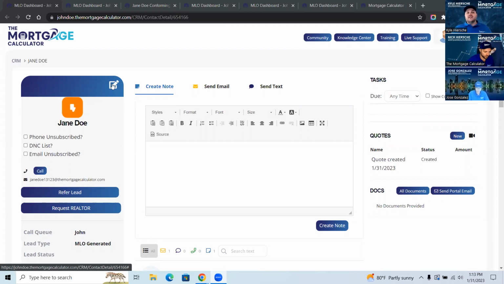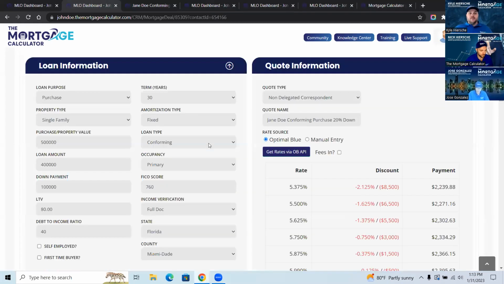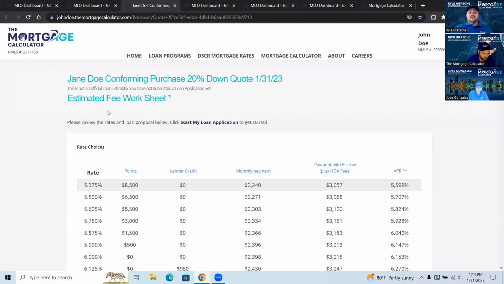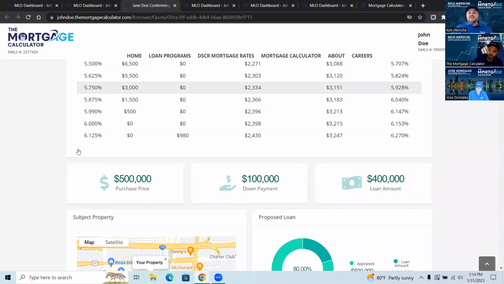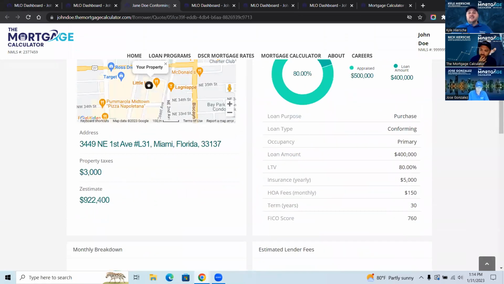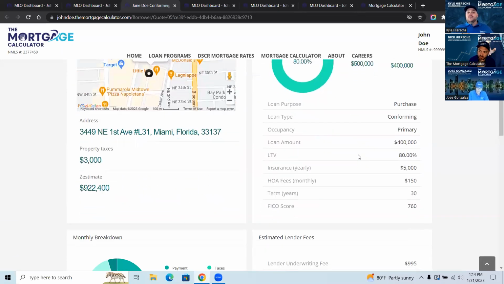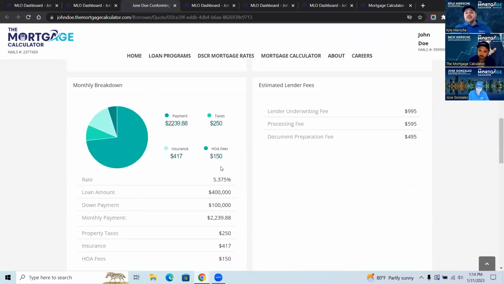But what really starts to set our system apart here is our quoting system. So you can use the quoting system here to put in just 6 pieces of info that you get from the client. You can click this button and pull all of the rates from all of our different investors that fit that program. And within 2 minutes, you can spit them out a nice quote. It sends them an email and a text of a quote that looks like this. It shows them their rates. It shows them what these things mean. You're giving them these rate choices. It pulls in the Google map automatically, the Zestimate automatically. Here's the proposed loan info, gives the monthly breakdown of the taxes, insurance, all that kind of stuff, the estimated